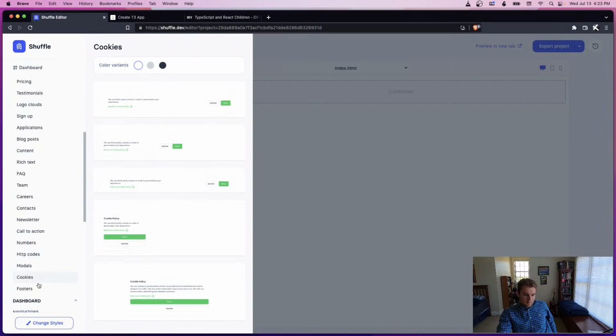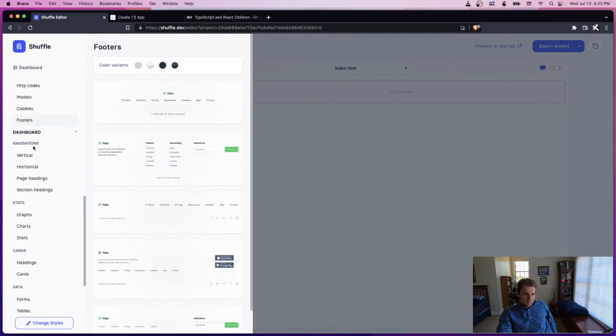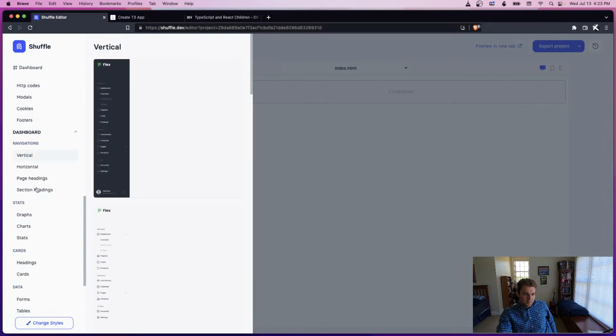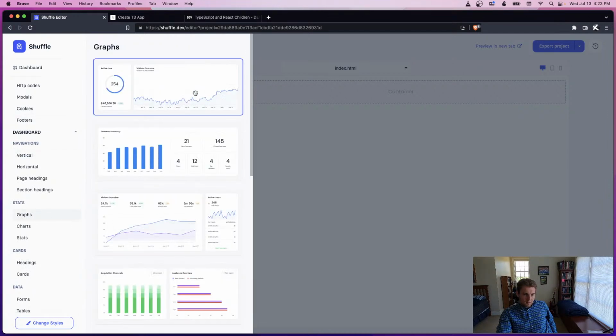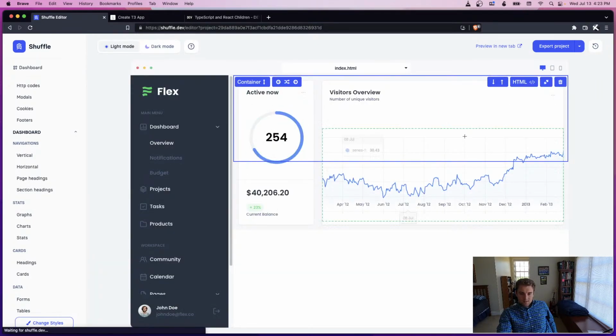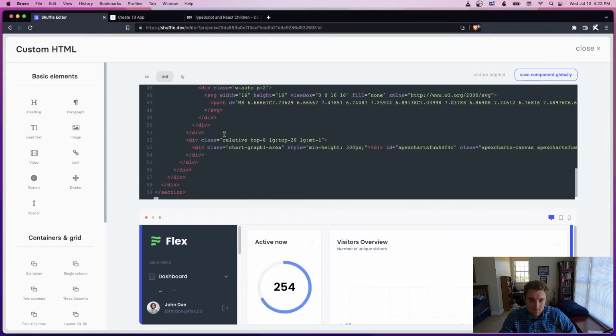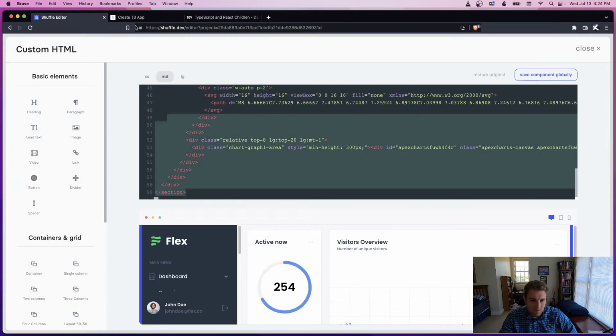Oh, where is it? There's definitely a dashboard, stats, graphs. I think we're going to steal this one, and then this thing on the left is going to be a chat box, and this on the right is what we want. So we're going to take the HTML here, and